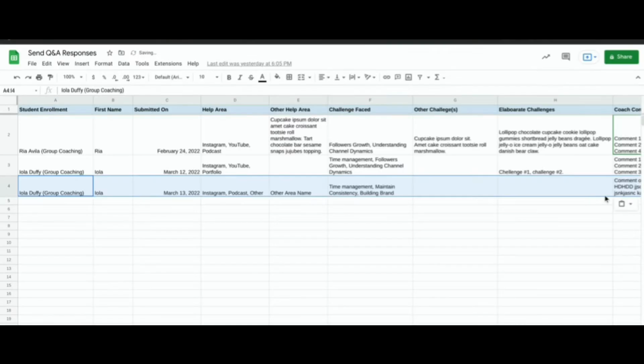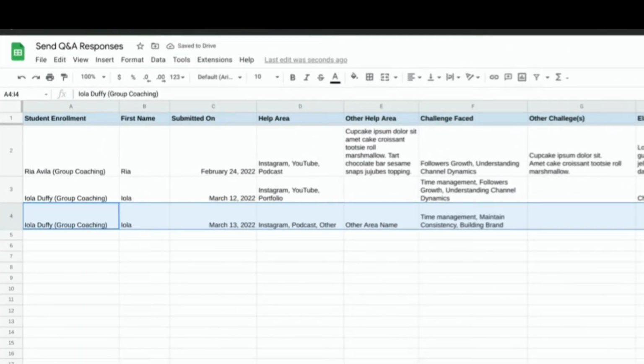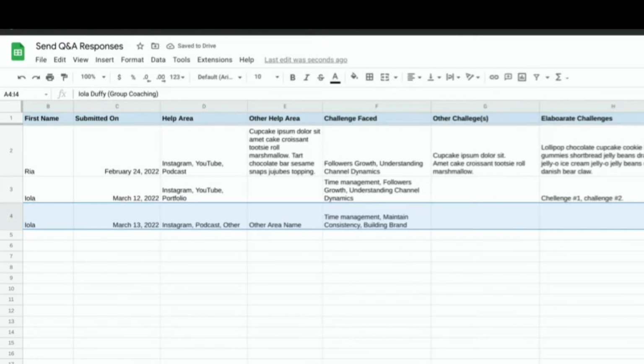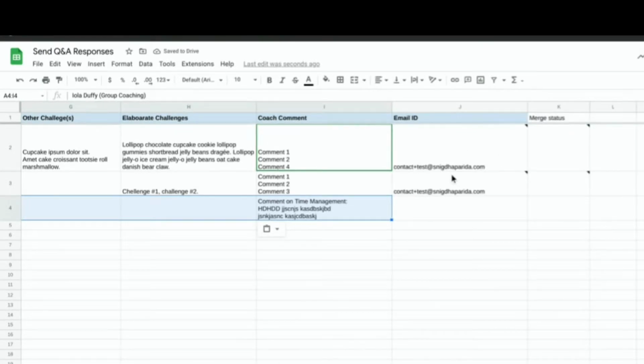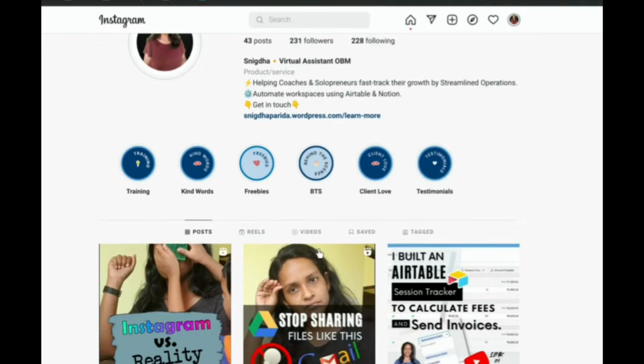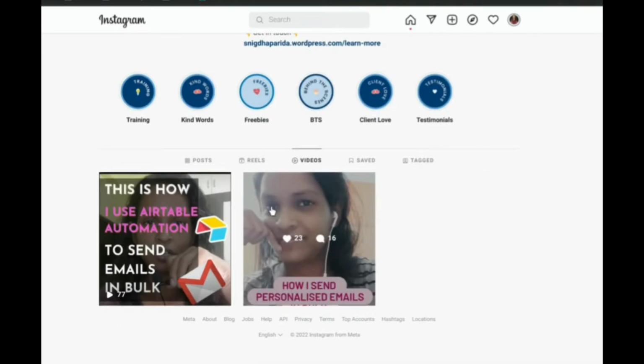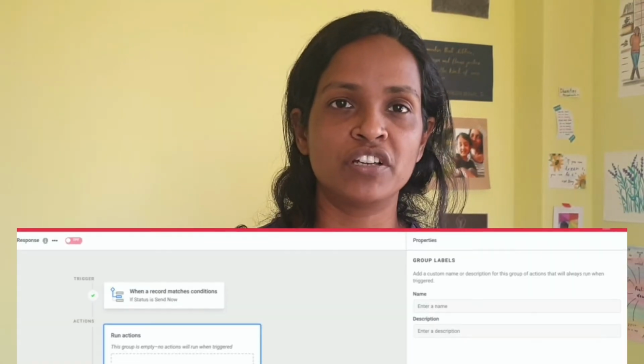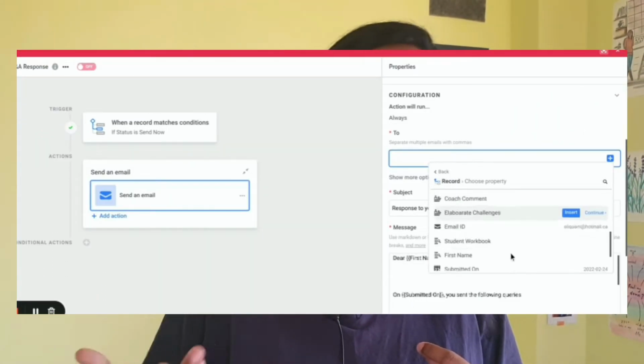I'll also show you a technique that I use to send emails with personalized messages to each individual at once using mail merge. For the purpose of demonstration, I'll send these emails to my own ID, but in real case, actual email IDs from Airtable views can be pasted here. I'll also leave a link in the description on how you can set up mail merge for Gmail to send bulk emails. By the way, mail merge is just a workaround to send personalized emails in bulk, but if you have a pro version of Airtable, you can use the triggers to send emails right from within Airtable.